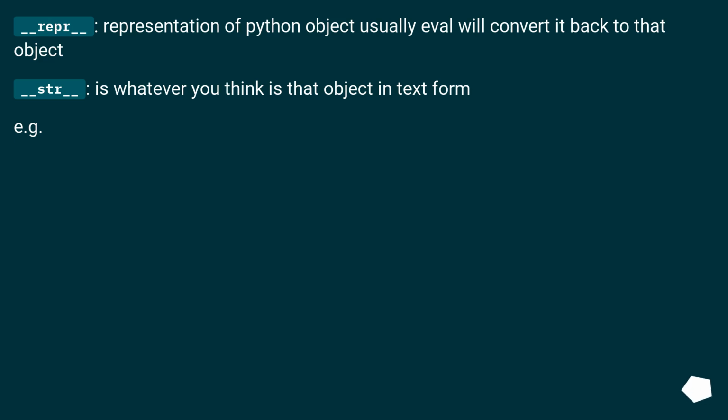__repr__ is the representation of a Python object; usually eval will convert it back to that object. __str__ is whatever you think is that object in text form. For example,